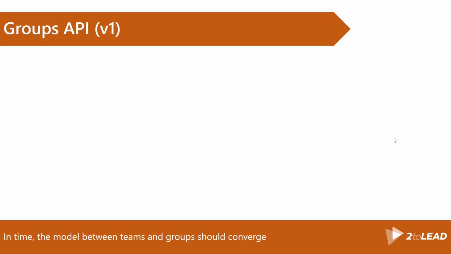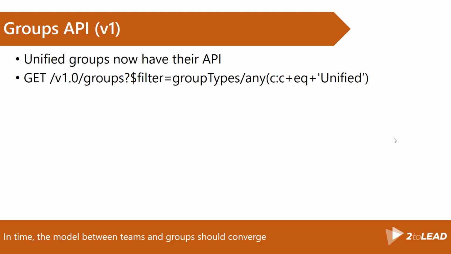And if we talk about the underlying technical layer or fabric of the teams, it relies on groups and unified groups that came out a couple of years ago now. The good thing is those groups now have an API, so you can address that and crawl them, and you can filter the difference between unified groups from security groups, from distribution groups, and so on, using the OData filter capabilities,